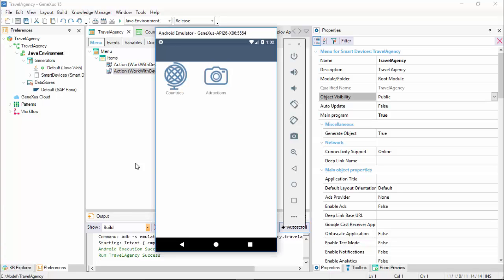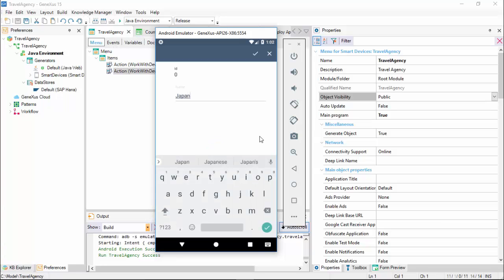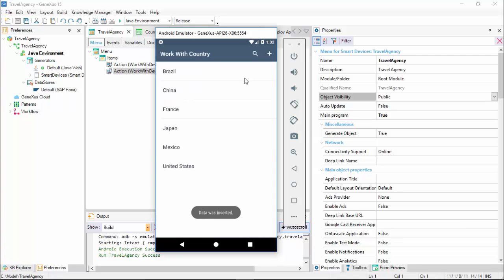Let's look at the list of countries. We insert a new country in SAP Cloud Platform, Japan. And we look at the list of countries. And in the web app,